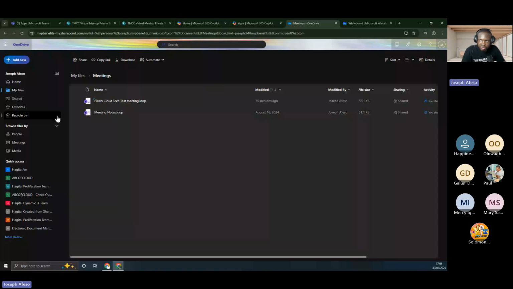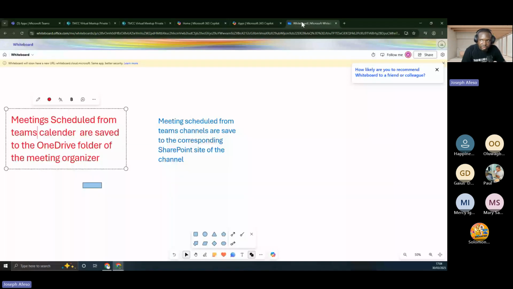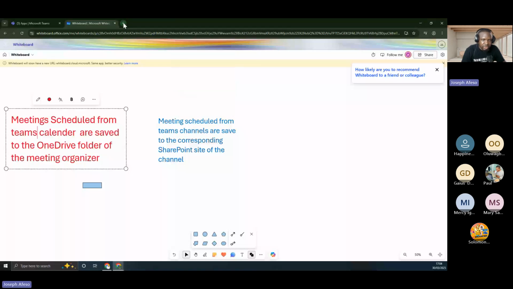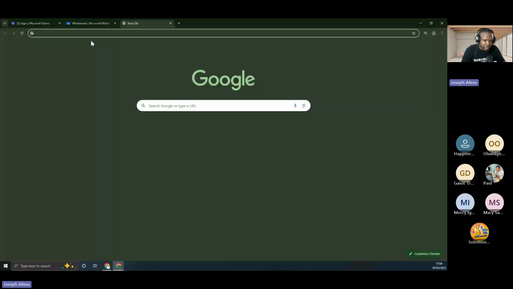But the reason why we needed to look at those parts is because as people who are going to be supporting users, we need to know what user experience looks like, just so we'll know when things go wrong and where to resolve issues. For example, if a user comes to tell me that he or she cannot see the calendar in Teams, then I should be looking at whether you have an Exchange Online license, right? Because I know that an Exchange Online license is required for you to have